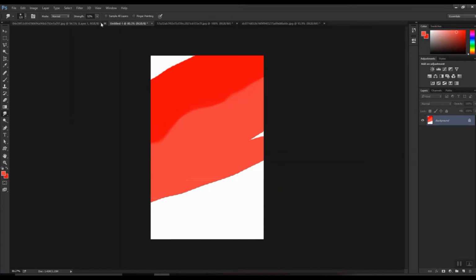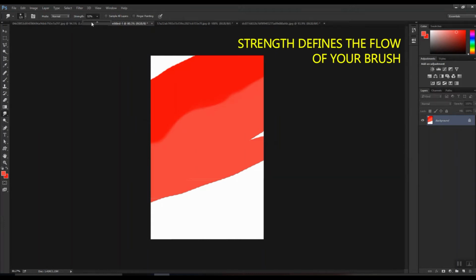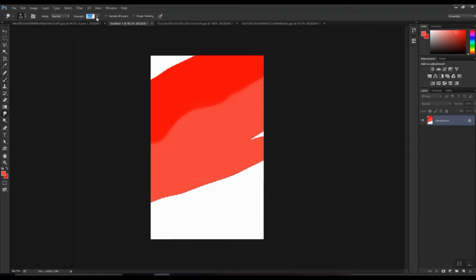As you can see, the strength you can change according to your preference. It was by default set to 100. I usually keep it to 50 or less than 50. So this is totally your choice. As you can see, you can also make the ends of the color as smooth as well. You can also apply this color to the whole area by simply clicking and dragging, as you can see.